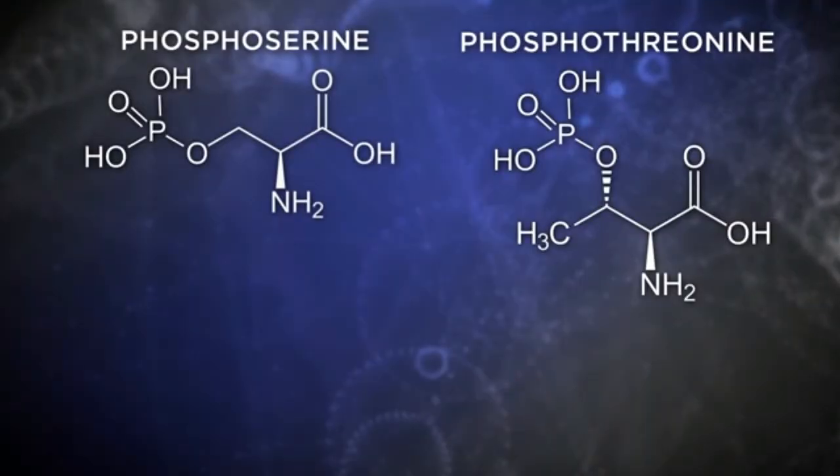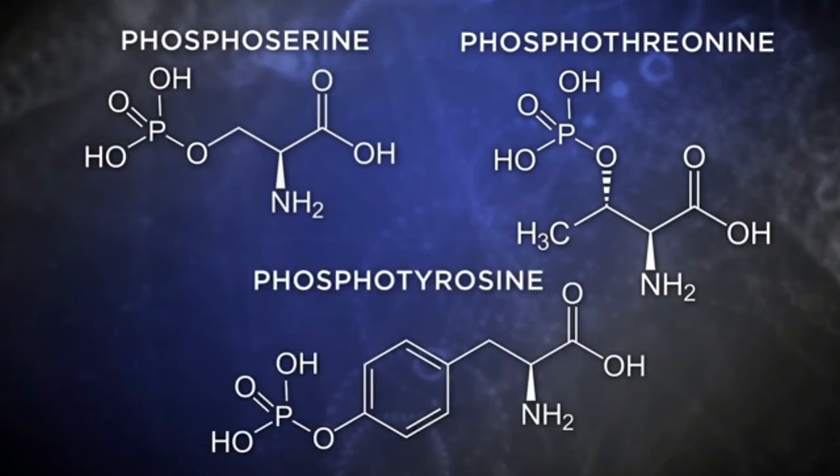Phosphorylation can act as a sort of switch. Toggling between the phosphorylated and unphosphorylated state determines whether a protein is active or not. The most common targets for phosphorylation are the hydroxyls of serine and threonine, but tyrosine phosphorylation is also important in